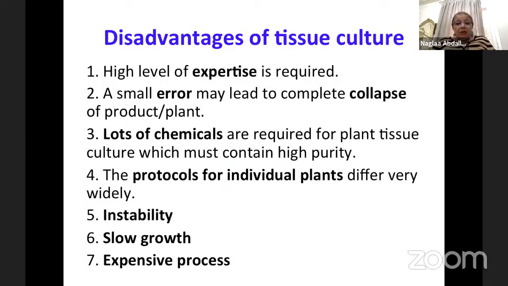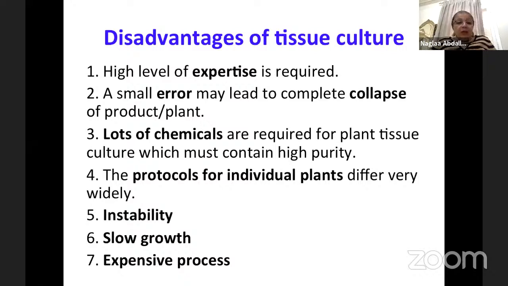So what is the disadvantage of tissue culture? It has a high cost, since expensive equipment and so on is required. If any error happens during tissue culture, like somaclonal variation, it will collapse all the plants produced. If we have one mutation from the start of this plant, all the propagated plants will have the same mutation. So we have to avoid any somaclonal variation or any mutation or any undesired characteristic during our tissue